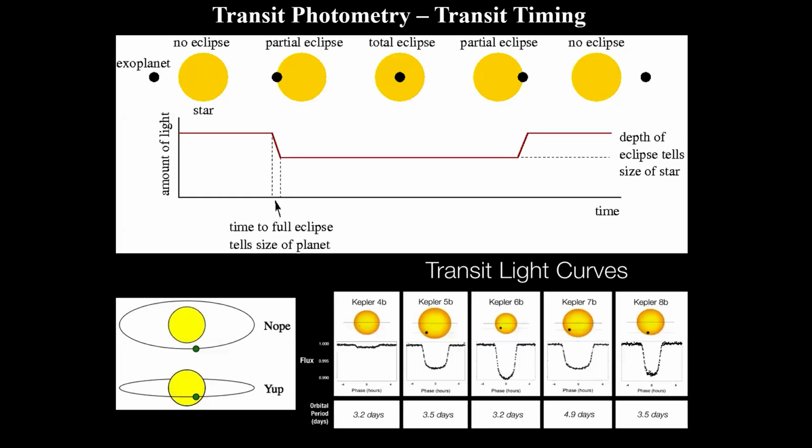This graphic illustrates the transit timing method of detecting exoplanets. From our perspective here on Earth, you can be in a situation where you can watch the exoplanet orbit across the surface of its parent star, be beside it, and then orbit towards the back of it so it's no longer seen.